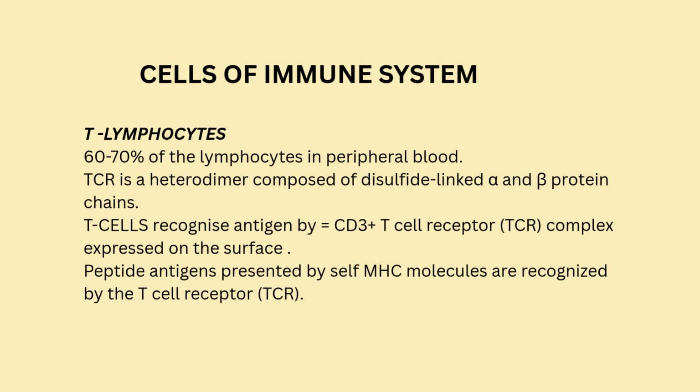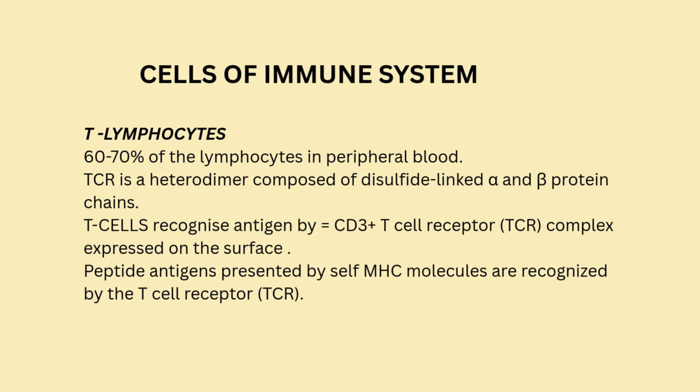Remember, when we studied the MHC, we understood that they get attached to the cells of the foreign bodies with the help of peptide antigens, and these peptide antigens are basically recognized by these T lymphocytes,